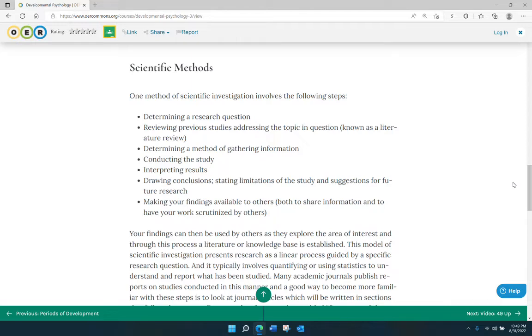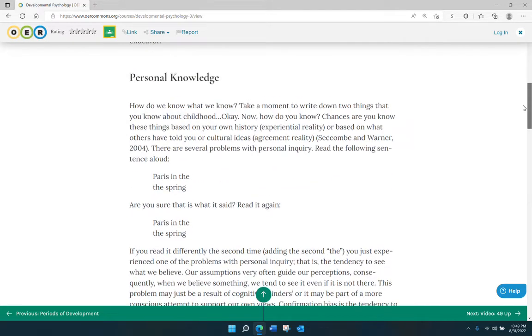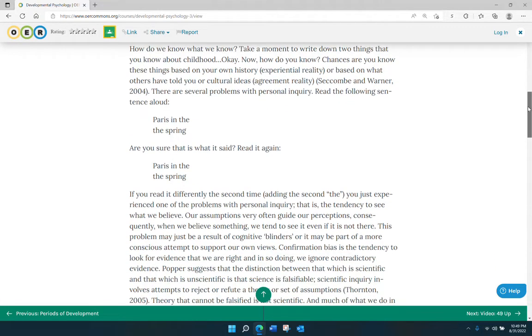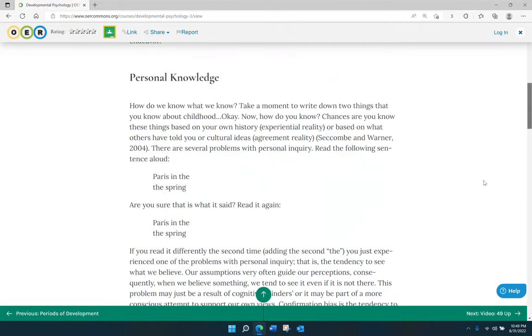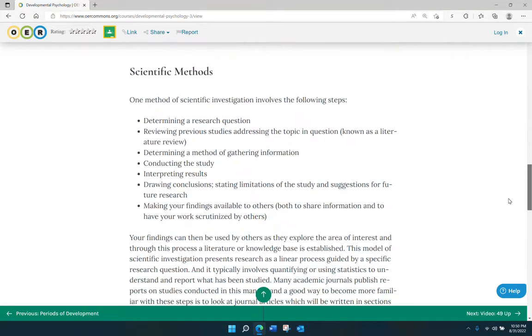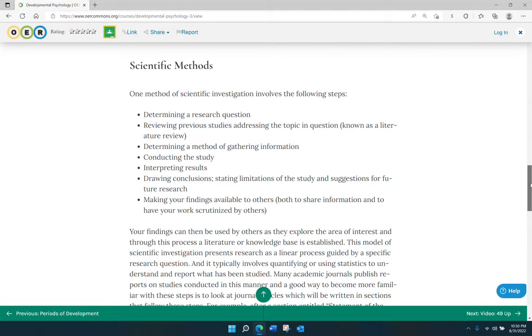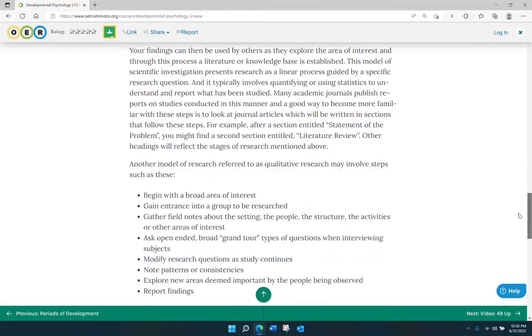And so you can read a little bit more about that. Personal knowledge is almost like what we call pseudoscience. It's not really systematic or scientific or done with care. So it's a bit more like pseudoscience. Psychology, including developmental psychology, is a science. So we rely on the scientific method. You can read about the scientific process here. You probably know it already, but you can read it here,